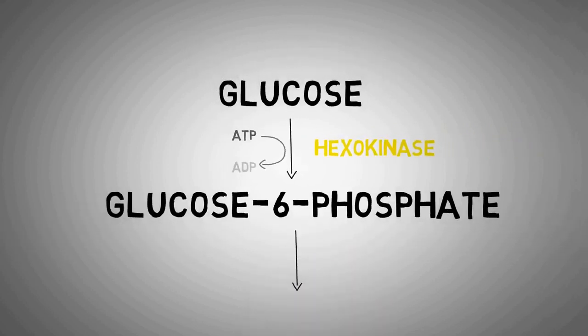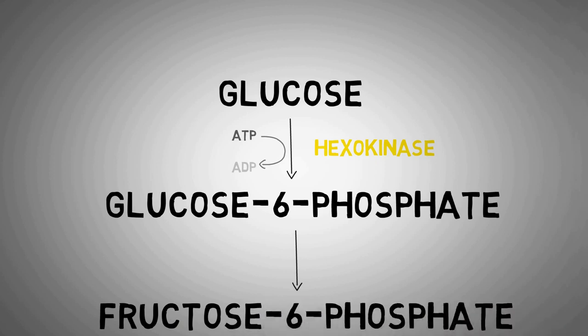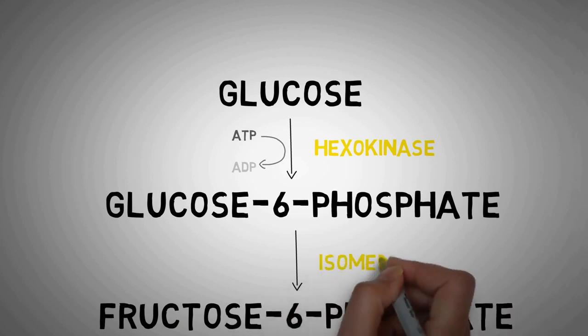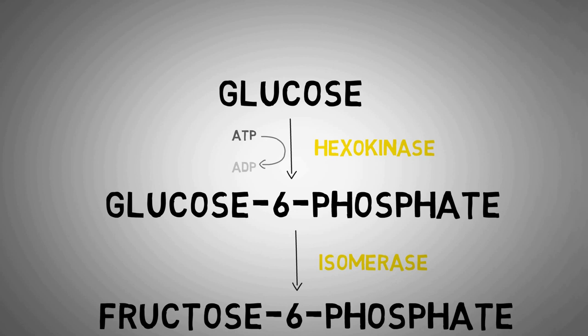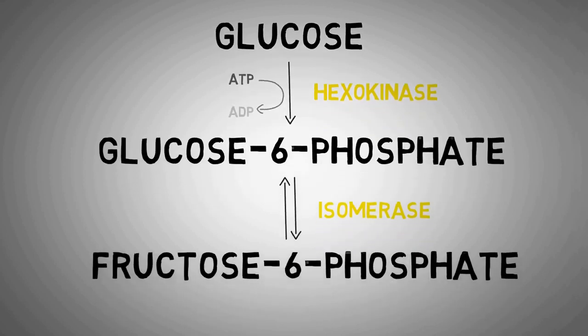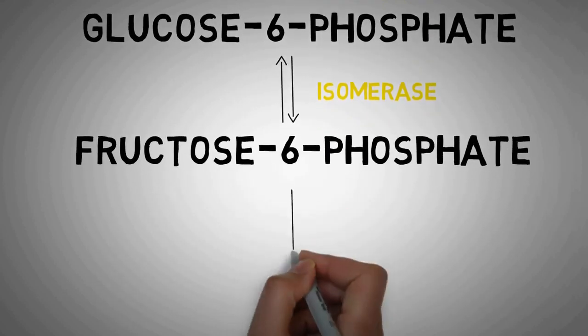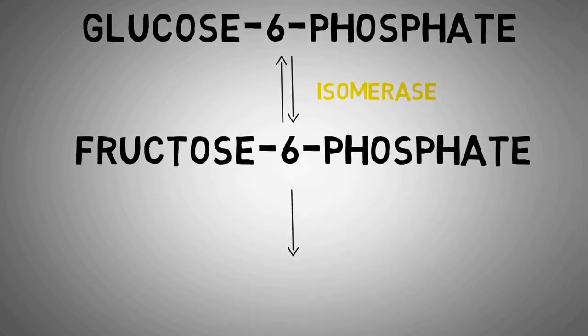The next step is also very simple, in which an enzyme isomerase converts glucose 6-phosphate into its isomer fructose 6-phosphate. This isomerase is also known as glucose phosphate isomerase, which catalyzes this isomerization reaction, which could be reversed under normal cell conditions. After the formation of fructose 6-phosphate comes a very important step, in which an additional phosphate group is attached